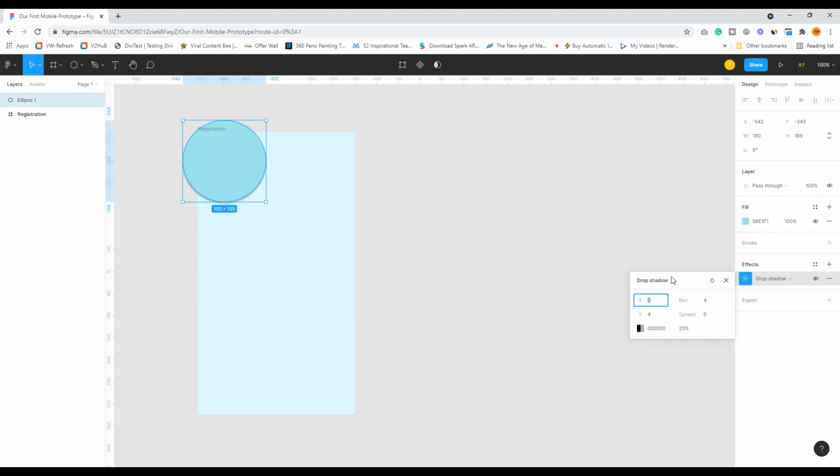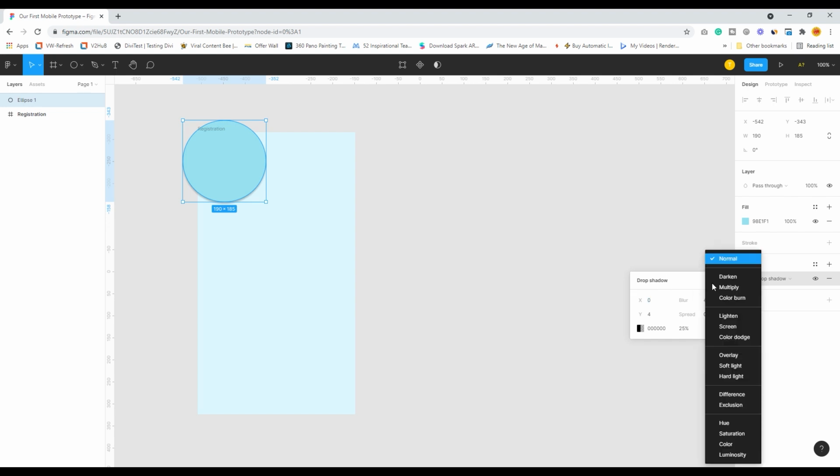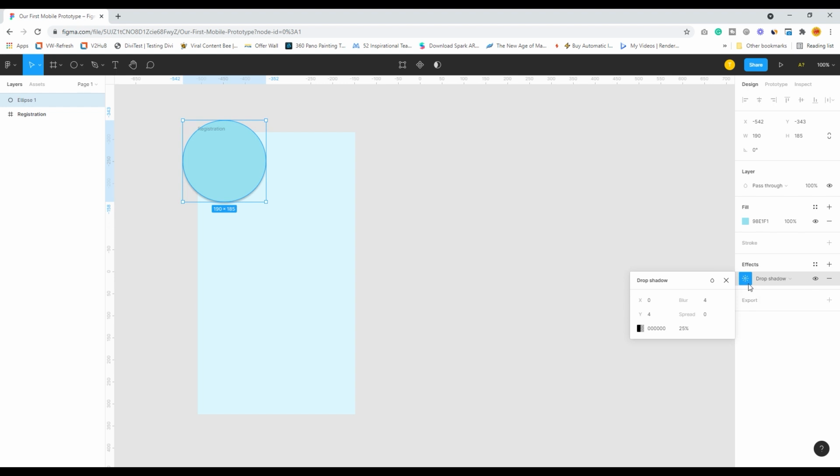I click on this, go to layer blur, and I will give it 25 pixels of blur.